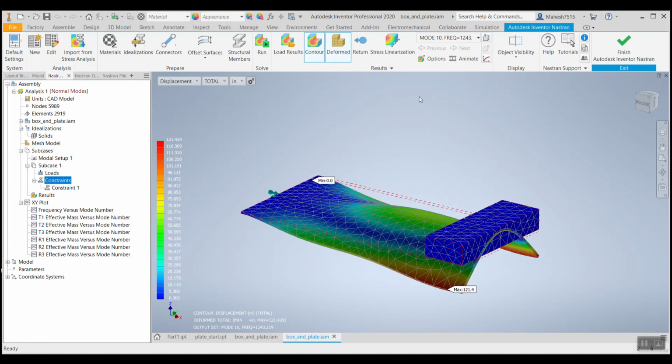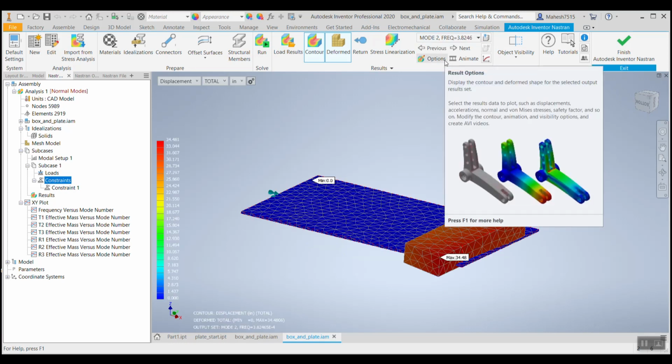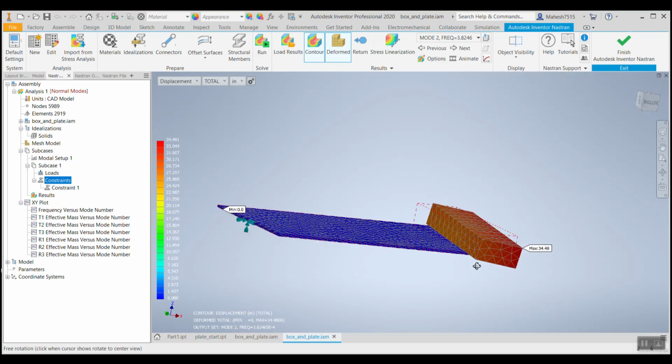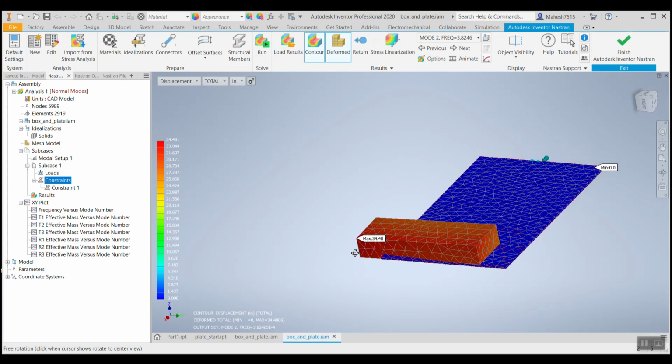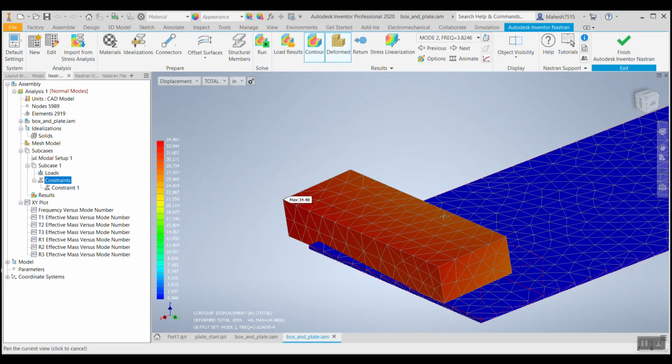So now we shall go to mode 2, where it will show the deflection of the free body which we have kept on top of this plate. Now you can see this has some deflection, it's changing its position for a frequency of 3 itself.